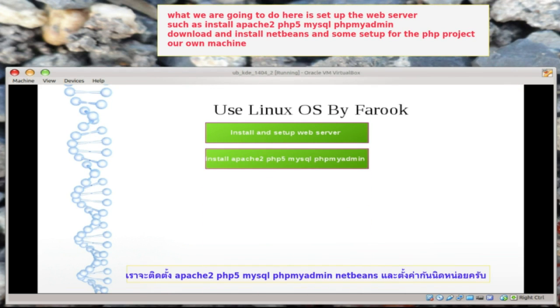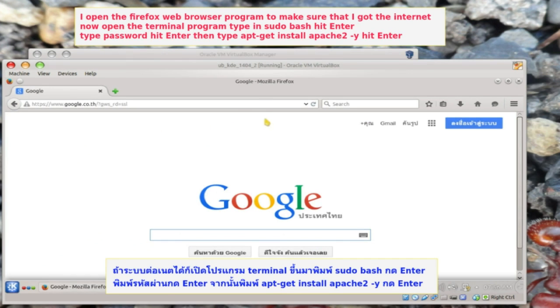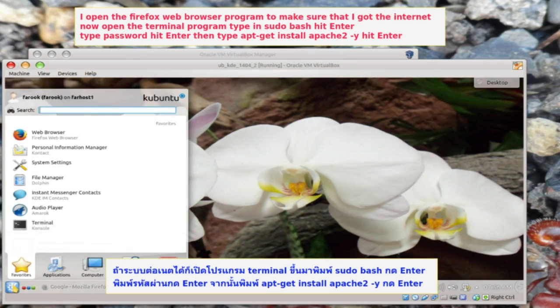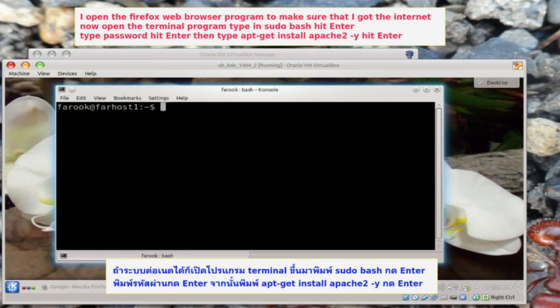What we are going to do here is set up the web server, such as installing Apache 2, PHP 5, MySQL, phpMyAdmin, downloading and installing NetBeans, and some setup for the PHP projects on our own machine. I open the Firefox web browser to make sure that I have the internet. Now open the terminal program, type in sudo bash, hit enter, type password, hit enter, then type apt-get install apache